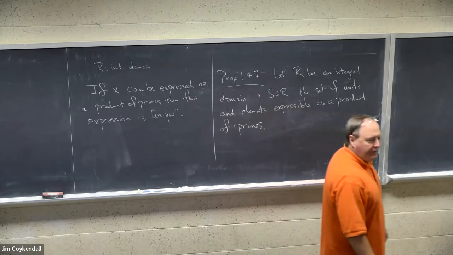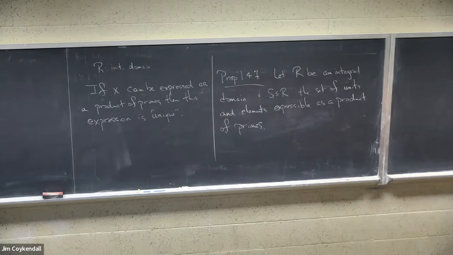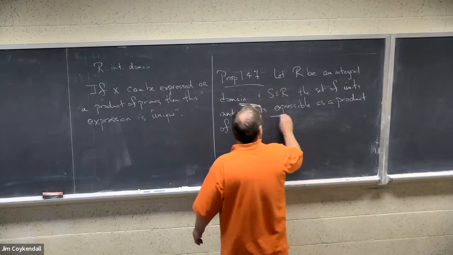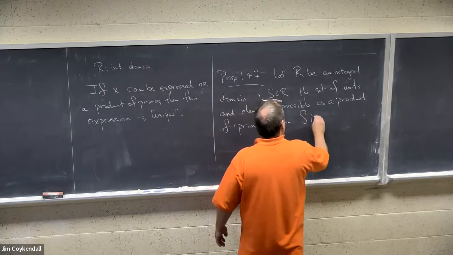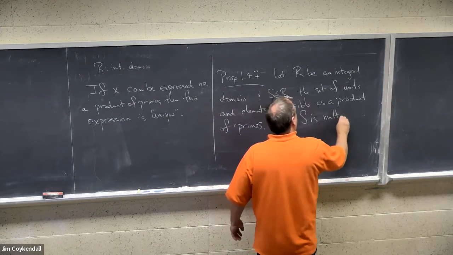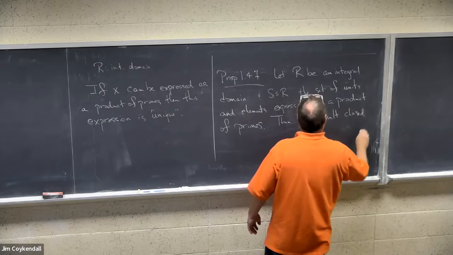Suppose I collect all the elements that are either units or expressed as products of primes, and I can think of the units trivially as products of zero primes in a certain sense. Then S is multiply closed and, second,